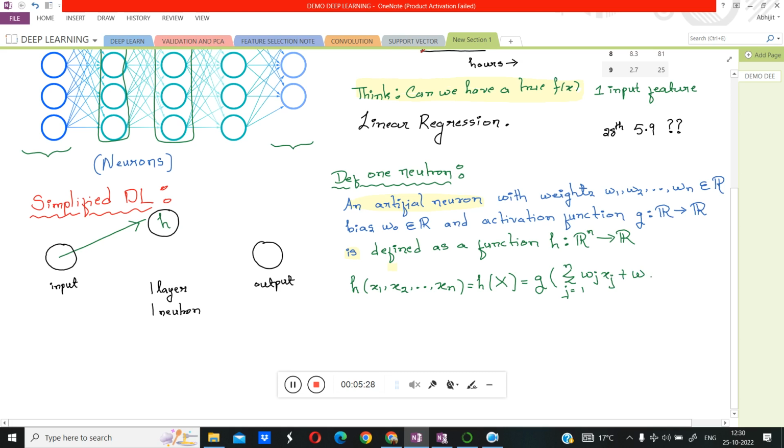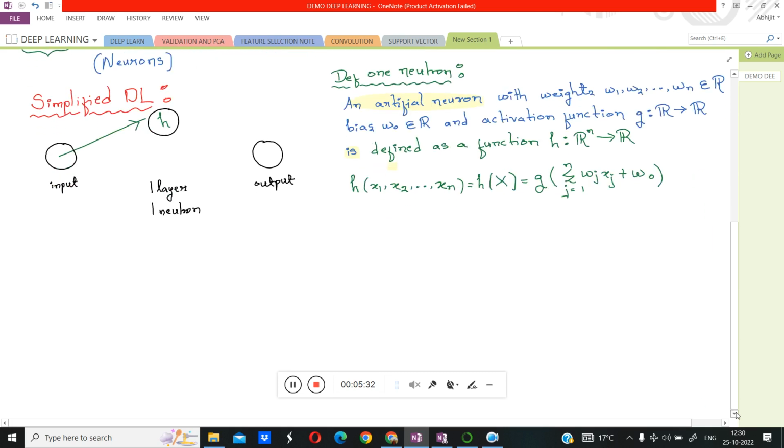So this is what h is. I can bring in some more mathematical notation here to simplify this writing. This can also be written in a very nice dot product form: w dot x. You can treat x as a vector that contains x1, x2, up to xn,